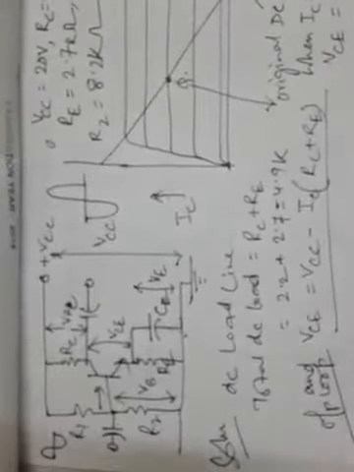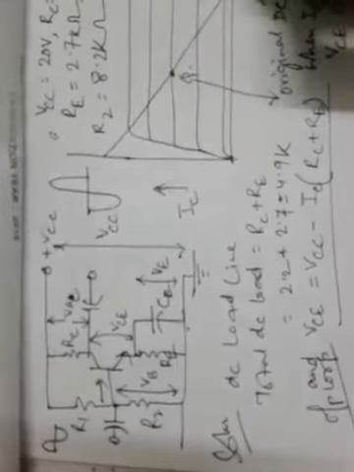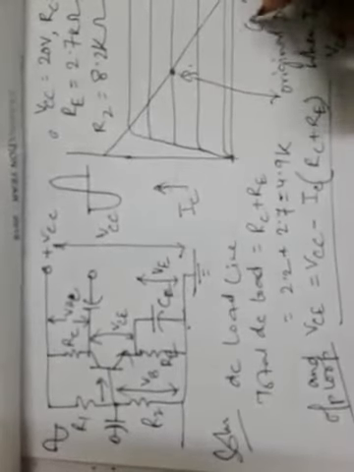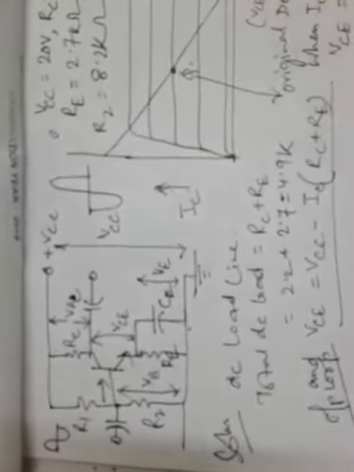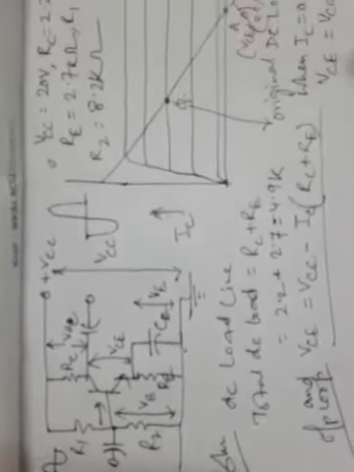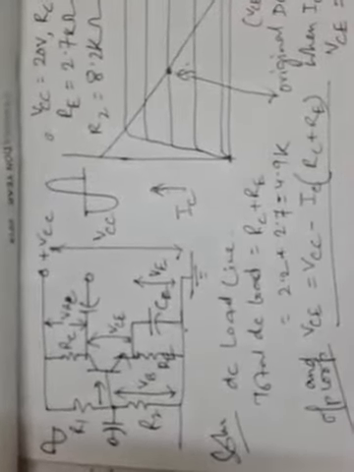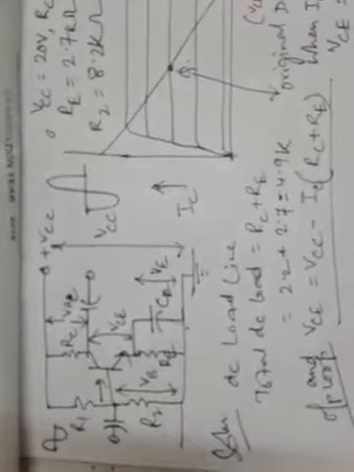Now this is the basic output equation. So put IC equal to 0 over here, we get VCE equal to VCC, that is given as 20 volt in the figure. So if this is point A, this is VCE, 20, 0, because VCE is 20. So the point A is found at IC equal to 0.